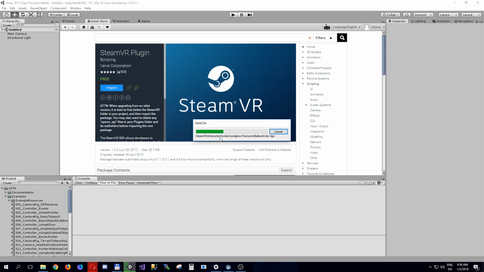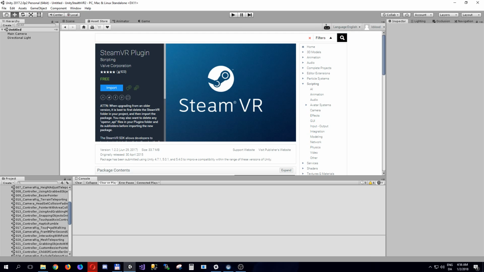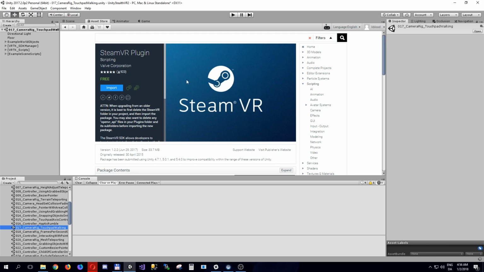Also, it probably suits this tutorial best, since it then could work for both Oculus and Vive. And now we have SteamVR,